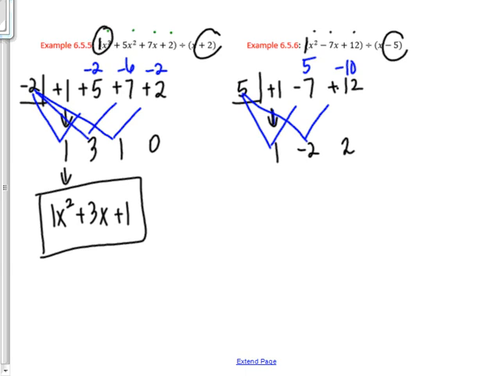So let's put our x's back in. This becomes 1x to the just first power, because that's 1 less. So that's a negative 2, no x, so that's my